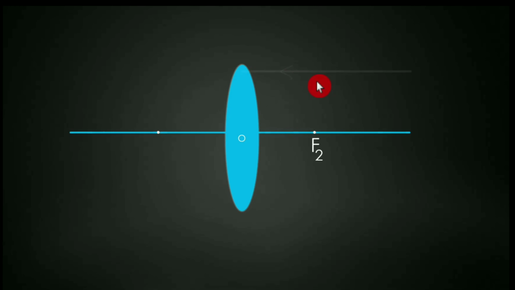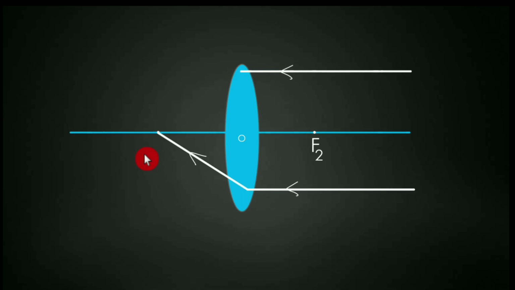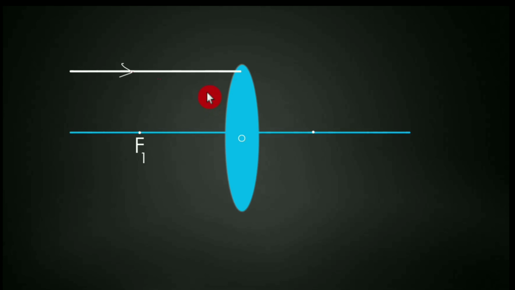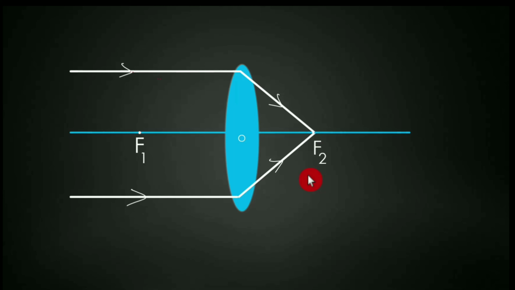Now see this convex lens. When parallel rays come and fall on this convex lens, it will converge the light rays at a point called focus. It contains two spherical surfaces, so it contains two focus points, F1 and F2. If the rays are coming from this side, the rays converge at this focus F2. So a spherical lens contains two focus points.